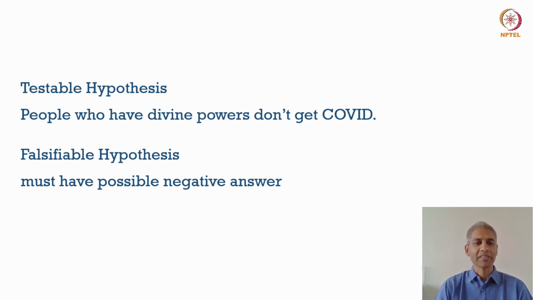And so my hypothesis must have a possible negative answer. So we must strive our hardest and do several different approaches to try and answer our question and to try and disprove it in many different ways. And only when all those ways don't succeed do we say that our original hypothesis is true. So science really works, you could say, on negation.